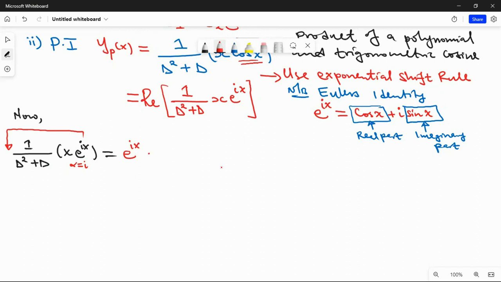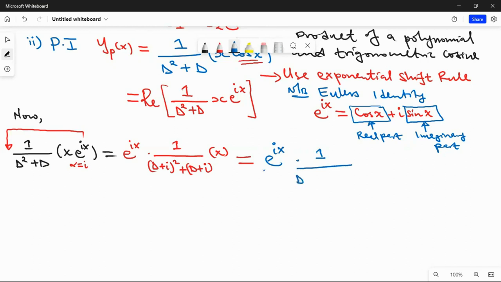Then now the d operator becomes 1 over d plus i, because d plus alpha, our alpha is i, this is squared, plus another d plus i. Now we remain with x as the function there. So let's open up the denominator. Take note that when I open up the denominator, we are going to get exponential ix times 1 over